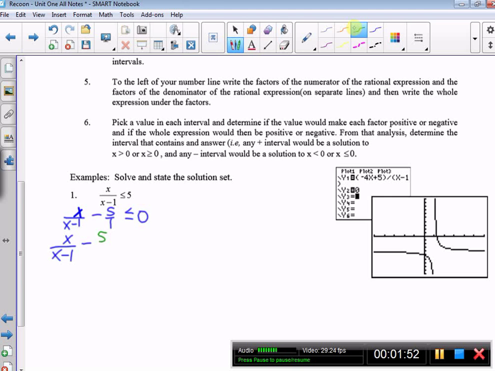So I'm going to multiply 5 over 1 by x minus 1 over x minus 1. When I do that, I get x minus